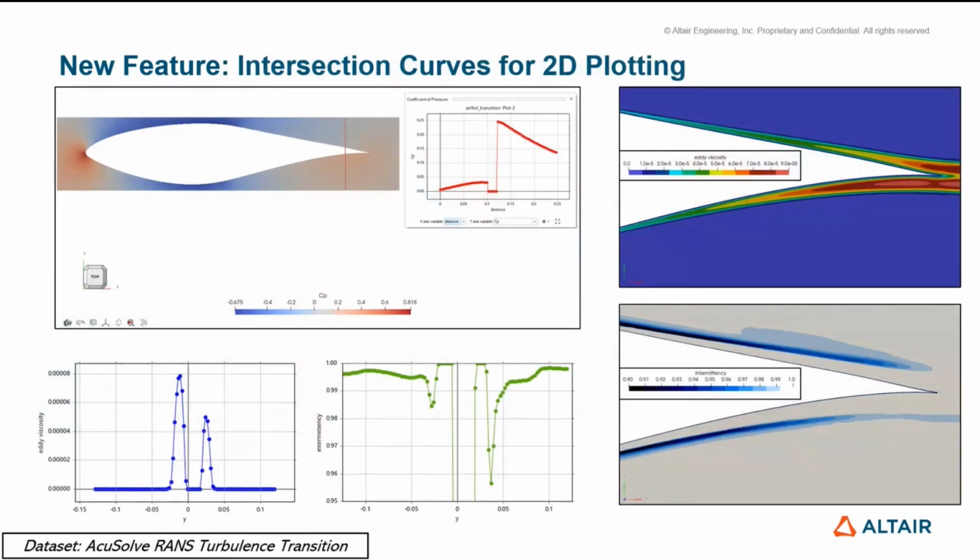With the intersection curve, we do have the capability to, like I said, just create a rake or actually plot the intersection. So in this case here, we're just plotting a rake. So it's just a single line of points. And oftentimes users want to tease out a little bit more information about their flow field. So in this case, the user was interested in perhaps looking at the transition model and the results coming from it. And then one of the symptoms of that transition model is the entry of eddy viscosity into the flow field. So both of these plots indicate,